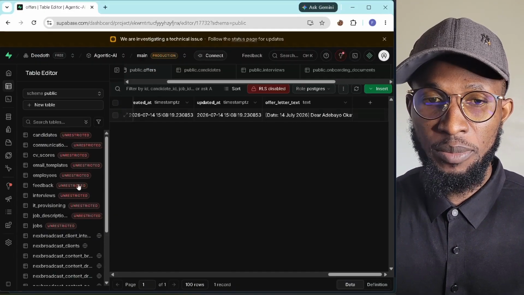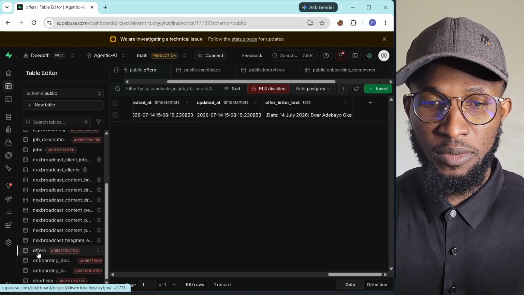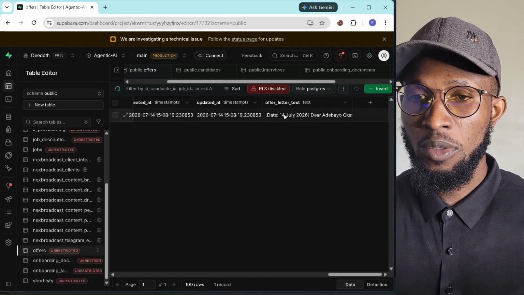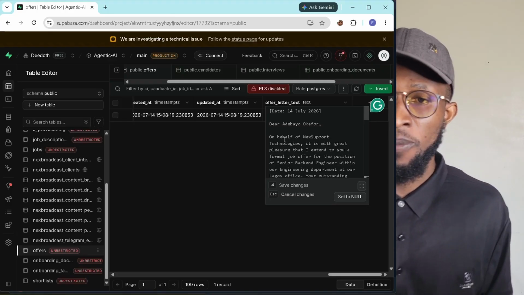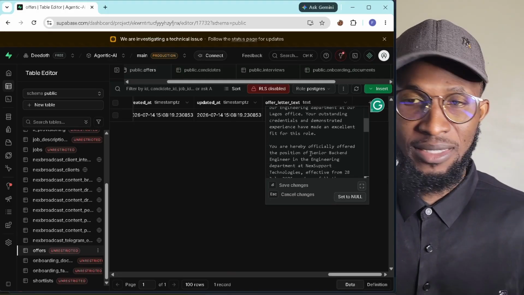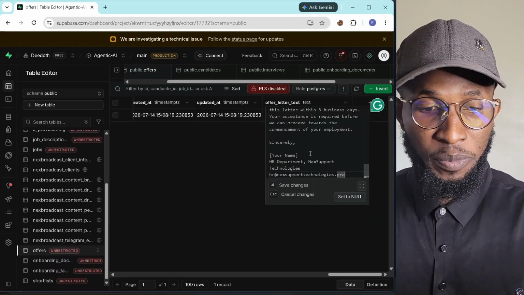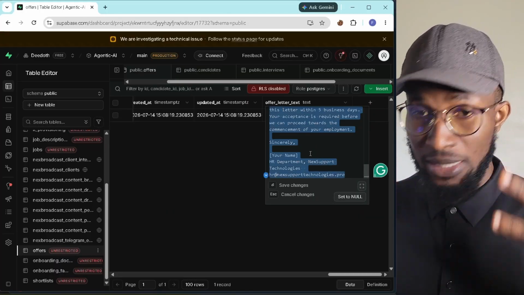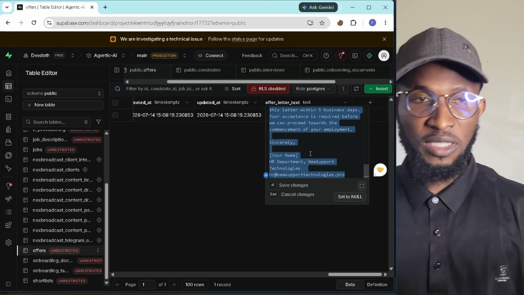Now this is a table, offer letter. Now this is the offer table. This is the offers, and then this is the column for the offer letter text. Now this is it, dear Adebayo Okafor, on behalf of NexSupport. So this is it. What's going to happen is the HR is just going to click on everything, copy everything, and then edit it, put in whatever information that is left, and then send it manually to